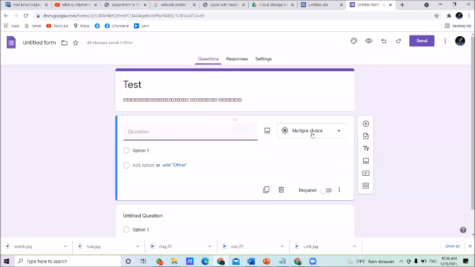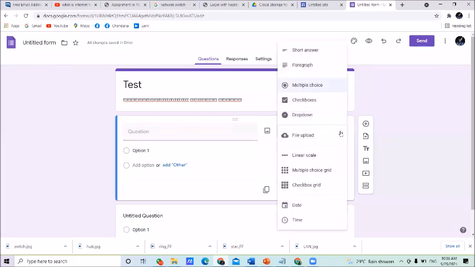Under this, there is a small down arrow. Click on the down arrow here. Then you can see the types of questions available. Now you can select one of the question types you want to apply.